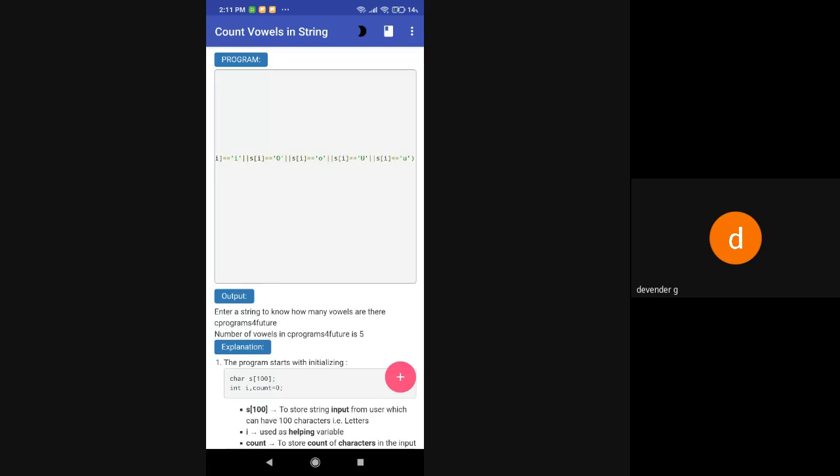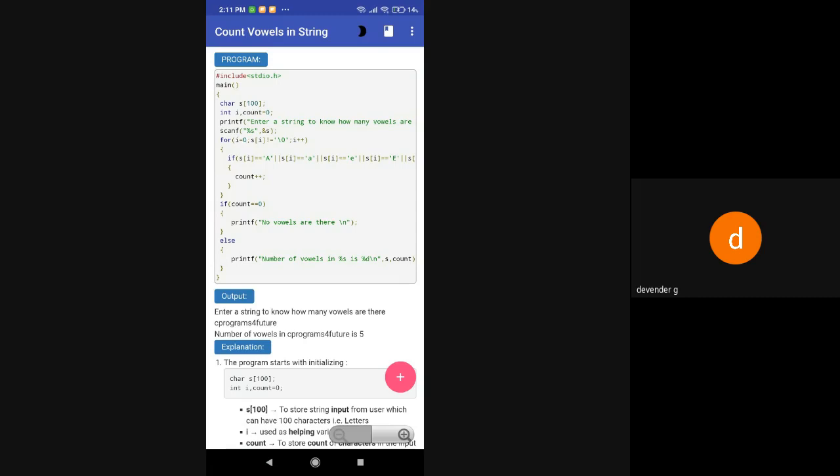So for that, each and every element of that particular sentence has to be cross verified whether that is capital A or small a. I want to check both the cases. If it is there, then you count one. So if the first one is A, then count as 0, 1, then 2, then 3, then 4, like that. How many vowels are going to appear, A, E, I, O, U, in your entire sentence? Take the count of that. Then like that, your loop will continue.